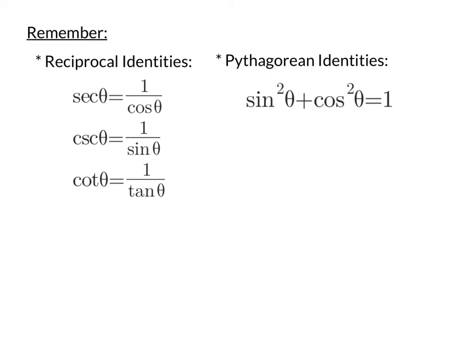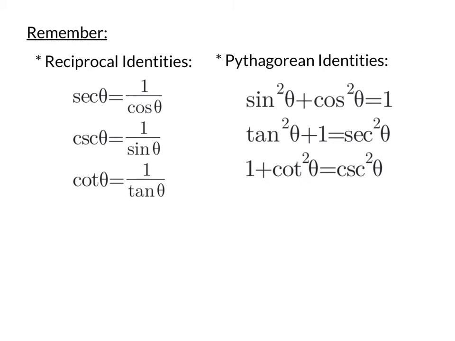We could take this basic one and divide every term by cosine squared, and we would have tangent squared plus 1 is equal to secant squared. Or we could take that fundamental Pythagorean identity and divide everything by sine squared, and we would have 1 plus cotangent squared is equal to cosecant squared. These and a few more are going to be pretty fundamental when you're doing your homework, and definitely in this